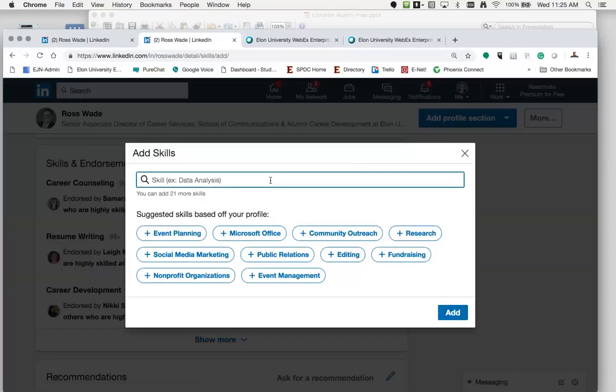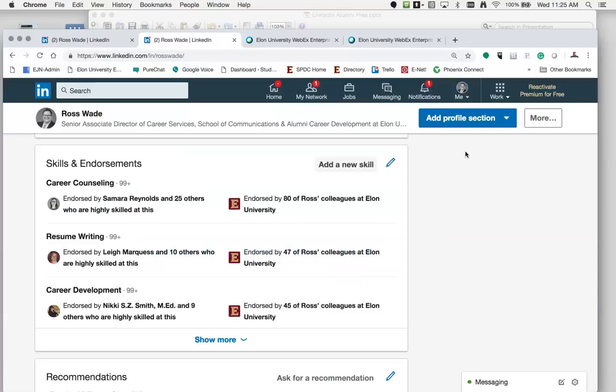So really think about these and put them in there, because what people do is as they log into their home page, sometimes it'll say, hey, do you want to endorse Ross for career counseling or for resume writing? And they click yes, and you start to build endorsements. And I think that could be valuable because it not only shows that you have skills, but it shows viewers that people believe in you, and do agree that you do have that skill, and then they can see who that person is as well, which I think is very helpful.